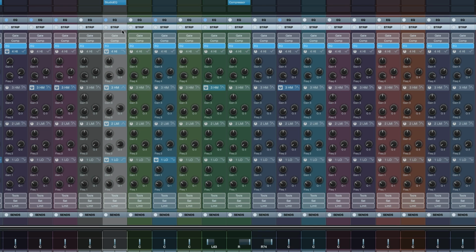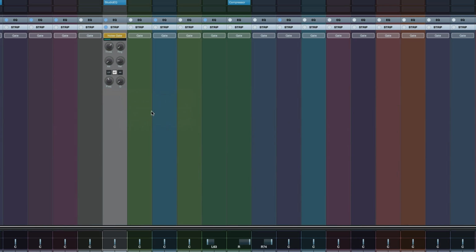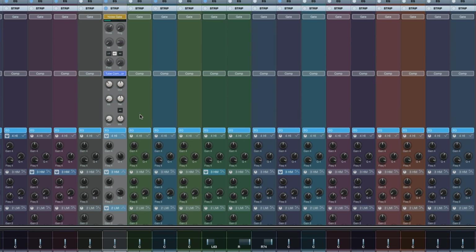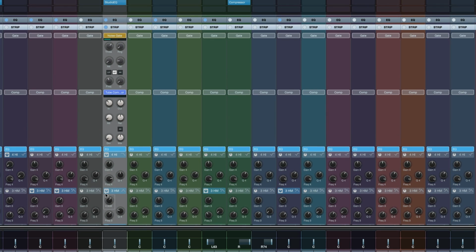So if you wanted to add a gate, you have a noise gate available to you with all of the parameters that you can address. If you wanted to add some type of compressor, tube compressor, vintage compressor, they're all there and completely customized to the software. So it's optimized in terms of signal flow and also usage of the CPU. You've got your EQs, your 4-channel parametric EQ.